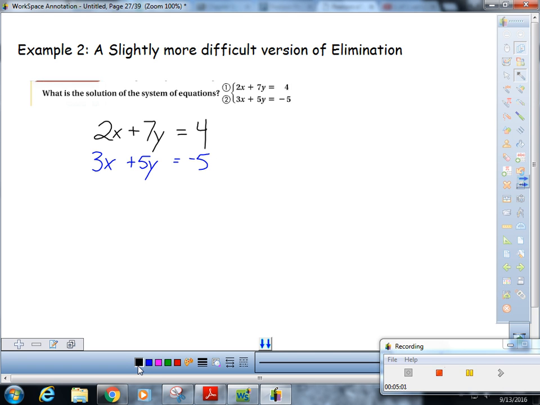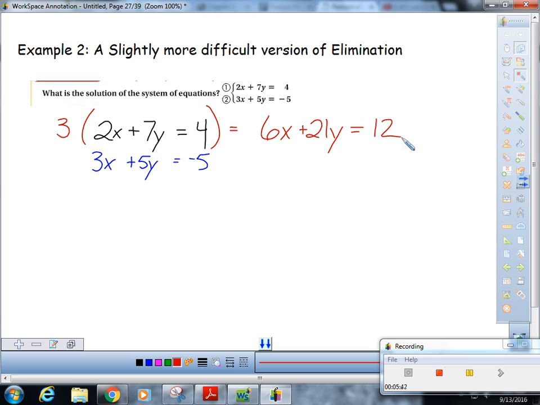Well, we can't just add these up and get rid of them. We can't subtract them and get rid of them. So what we're going to have to do is change them. And we're still allowed to change these things if we multiply both sides. So what I'm going to do is multiply this whole thing by 3. What I've decided is I'm going to try to eliminate the x's. So follow what I'm doing here, okay? I'll try to explain it and go kind of slow. When I multiply that whole thing by 3, I get 6x plus 21y